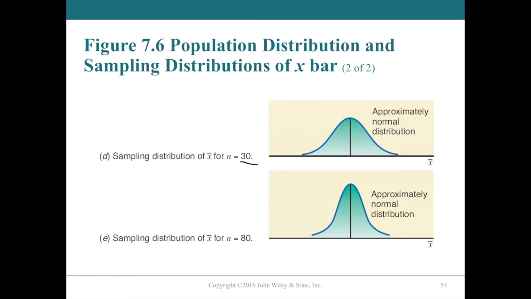Now, when we get to 30, this is where the miracle occurs, and we have an approximately normal distribution. Now, one could get the microscope out, magnifying glass, and see, oh yeah, there's a little bit of a skew, but it's considered to be good enough. There are actually tests for those kinds of things. We're not going to worry about them. And by the time you get beyond 30, such as 80 or 100 or 1,000 or something, it's becoming a pretty good approximation for a normal distribution, even if it started profoundly skewed in the beginning,